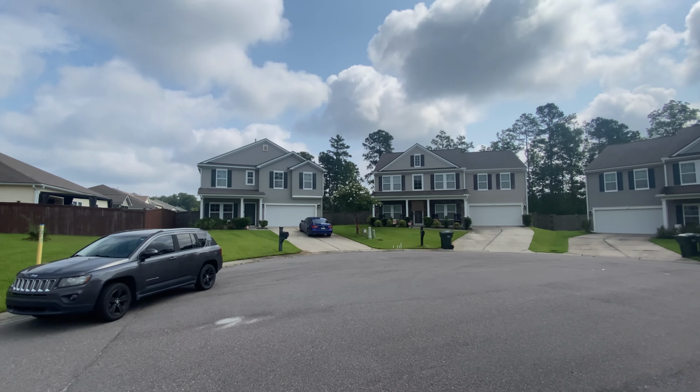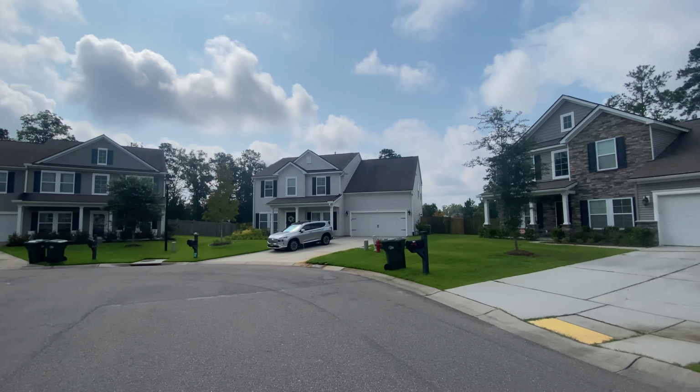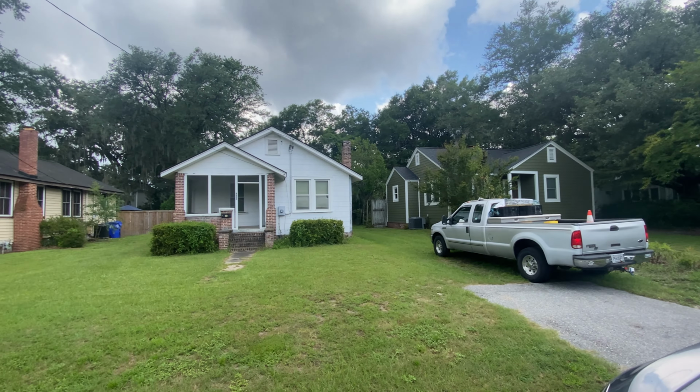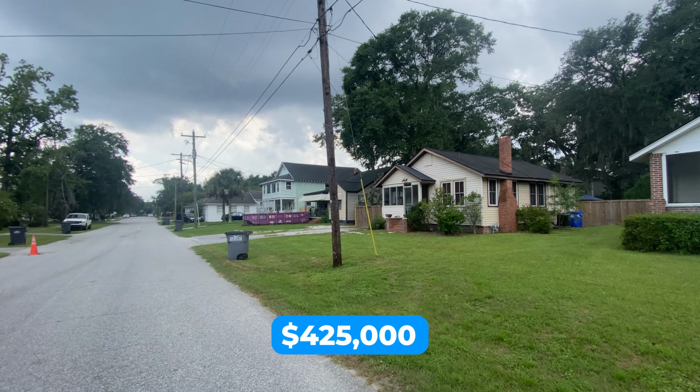These neighborhoods I'm going to cover today have been popular with a lot of my first-time buyer clients, and I've done the heavy lifting in terms of research. Usually price is the biggest factor when you purchase your first home, and the neighborhoods I've selected all have great homes under the median sales price in the greater Charleston area, which was about $425,000 at the time I made this video. I also used the last 12 months of sales data for each